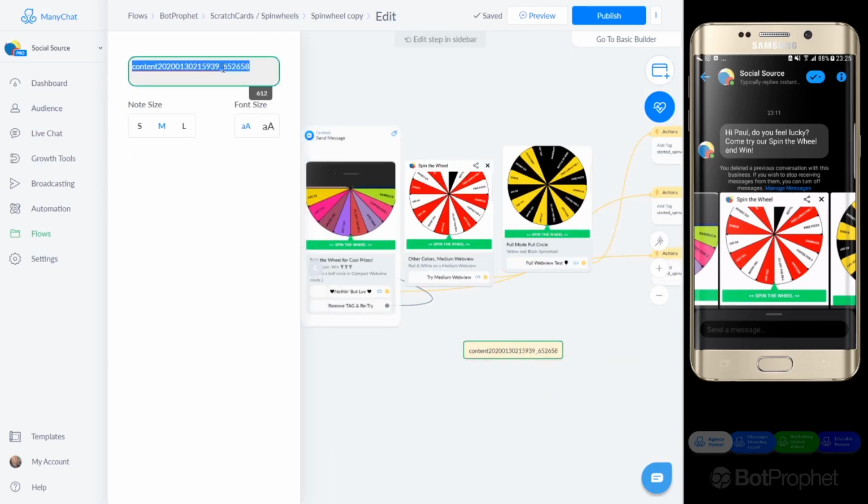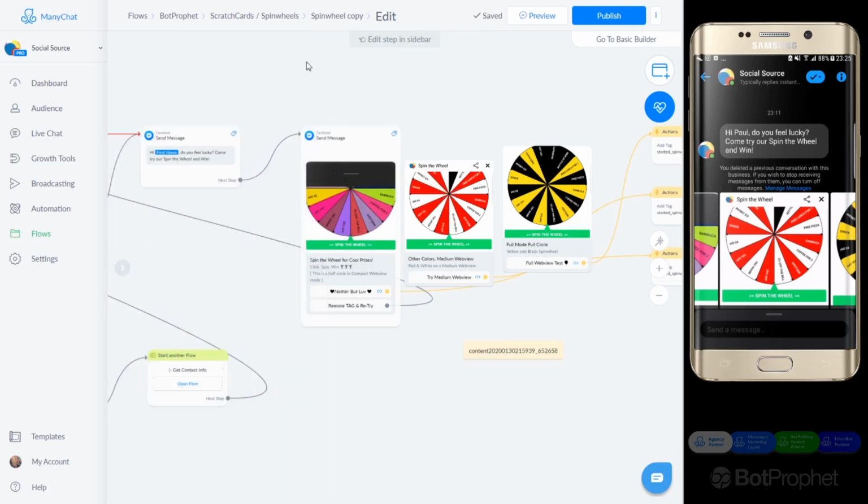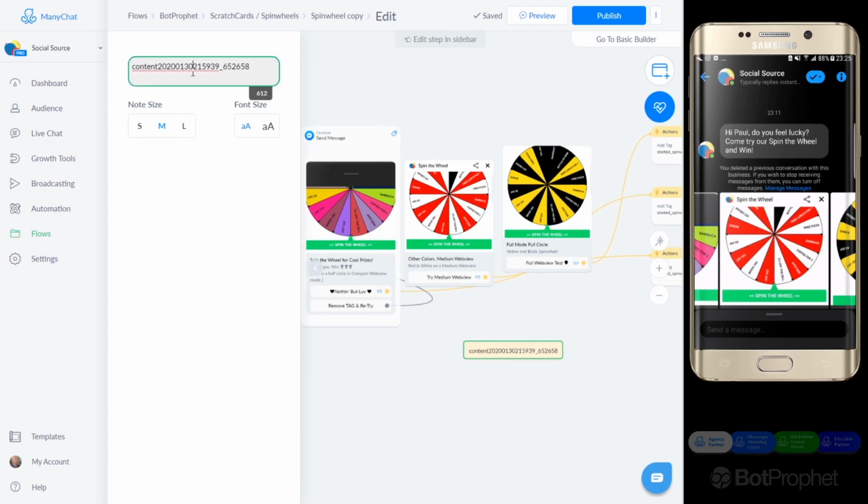If you don't know where you can get this value, it is at the bottom where it says http ManyChat.com, and then you have your page ID, and then at the end there's this entire string. Let me just copy it for a bit. Let me just show you. The entire string on top of your screen